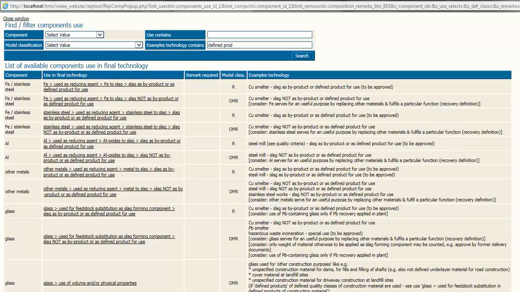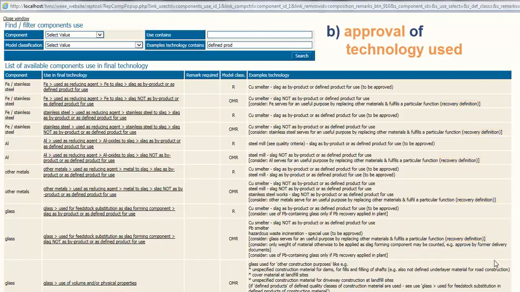When the approval as product, as defined product, may not be provided, in many cases the recovery definition is met and a classification as OMR may be achieved. Also, an approval on the technology used may be asked for the classification as recycling, but also for the OMR or energy recovery classification.